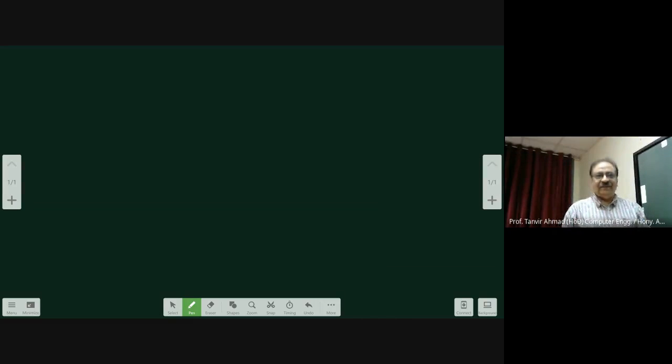Okay, now today we start with deletion in AVL trees. We have already done the insertion part, and we have all four types of rotation: LL, RR, LR, and RL. Today we discuss the deletion in that.